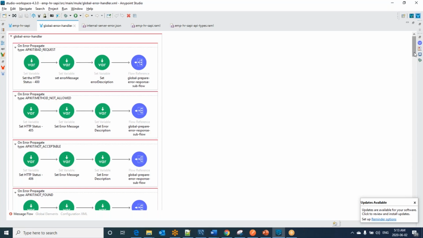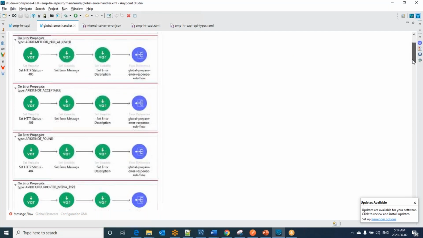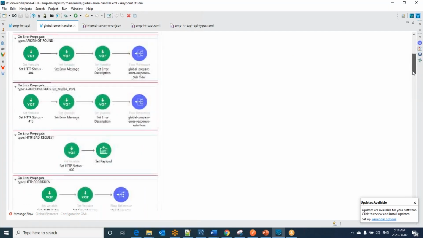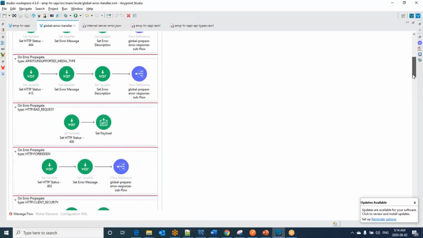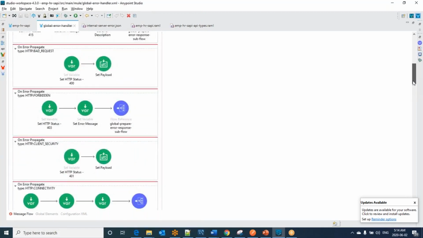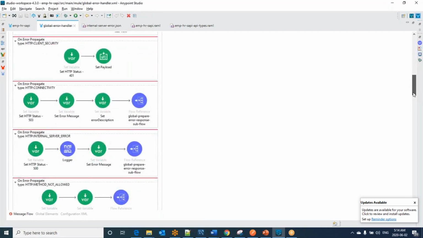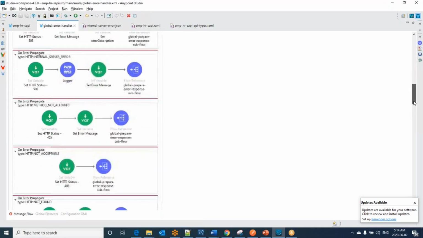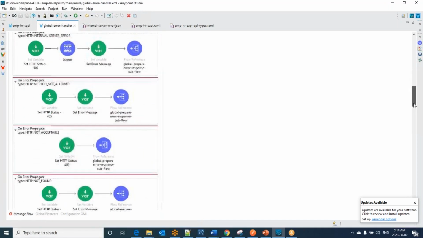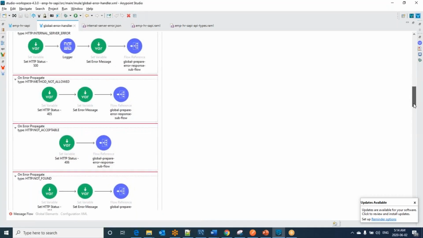So I'm handling APIkit bad request, method not allowed, not acceptable, not found, unsupported media type, HTTP bad request, forbidden, client security, HTTP connectivity, internal server error. Again, HTTP method not allowed.